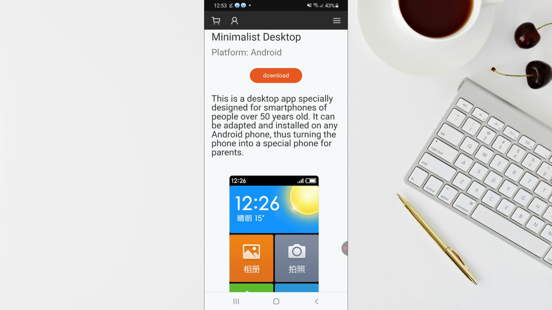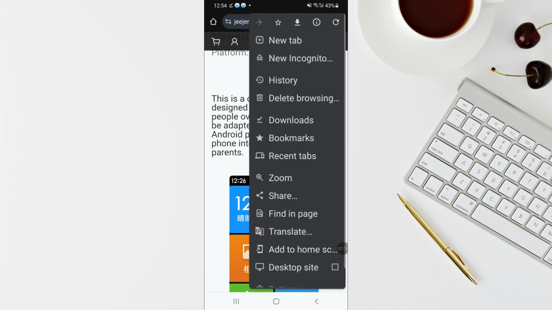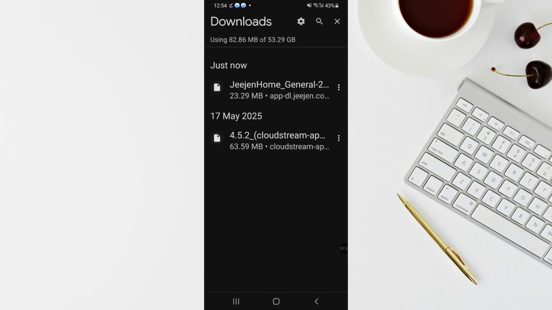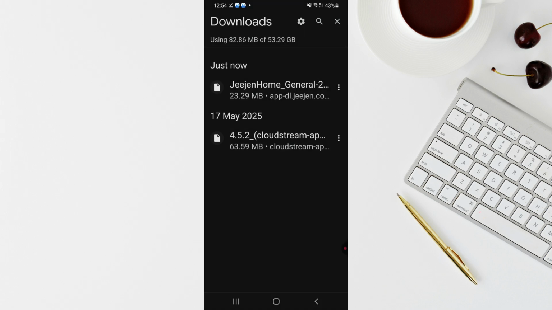And once you've downloaded the file, install the file. So tap on it to download it. So once downloaded, now go to your downloads, and then I've got it here. Just tap on it and try to install it. So it's going to ask you want to open with the installer. Yep, click on the package installer and then install the app on your phone. Okay, so you just have to follow a few on-screen prompts and just install it to have it installed on your phone. So once you have installed it,